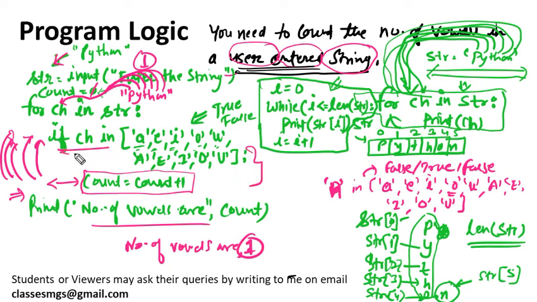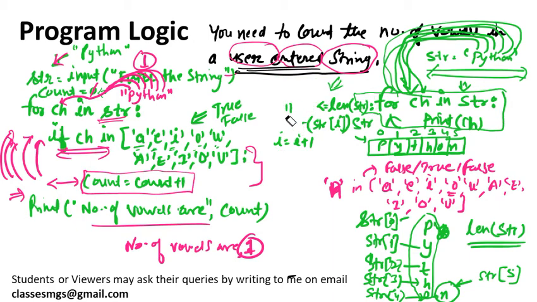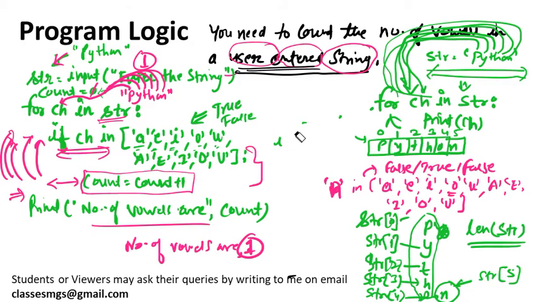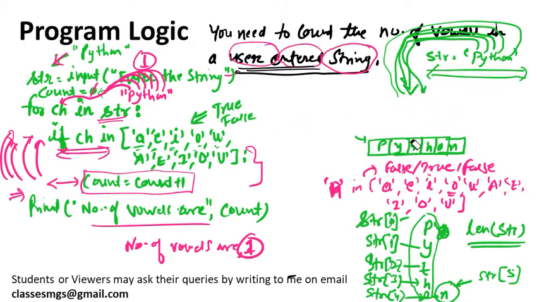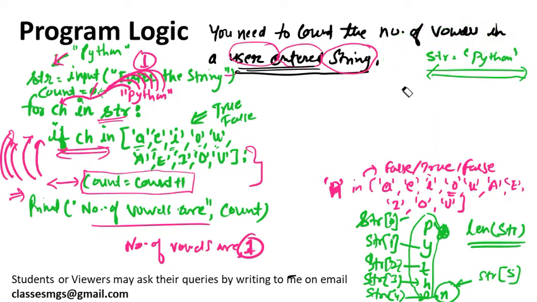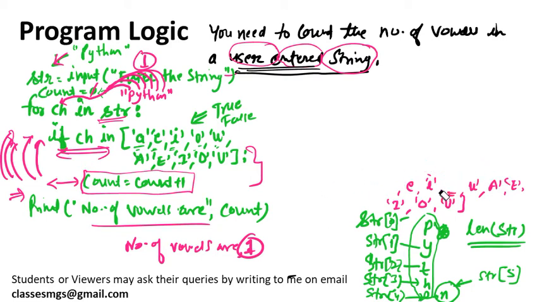Now you can put this logic in a while loop or in a for loop, it will work for both these cases. So let's try to write it with the while loop also. So I have already told you how to print each character of the string, and if you know how to print each character of the string, then you can very easily apply this condition in this logic, and you can get the count of the vowels.